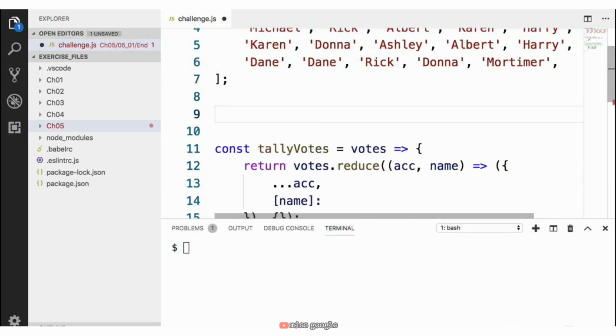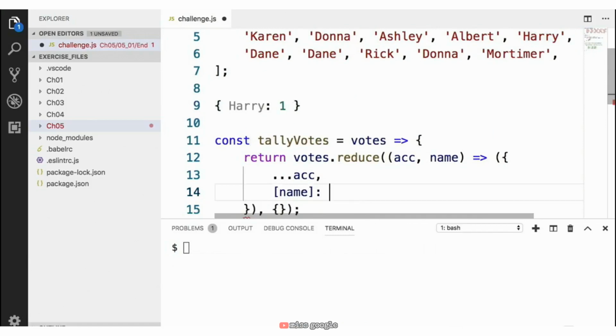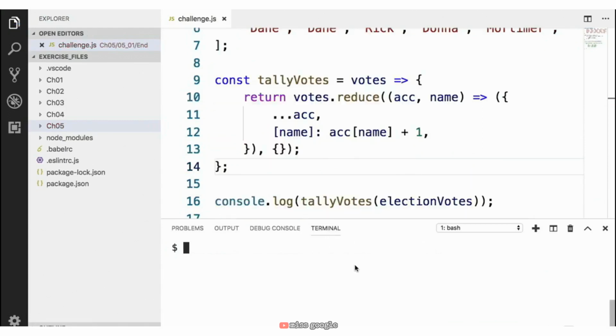And what we want to do, let's say that this is the object we have so far, and we get to this same name again, is we want to increment this number. So what we're going to do is say accumulator, and we want to get this property from our accumulator. So we'll say name, and then we're going to increment it by 1 like this. If we run our code now,